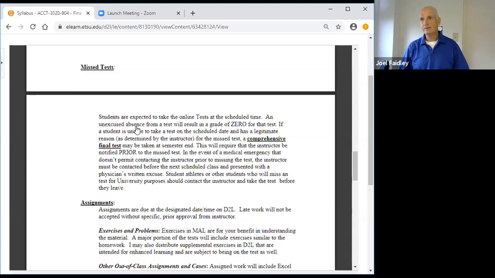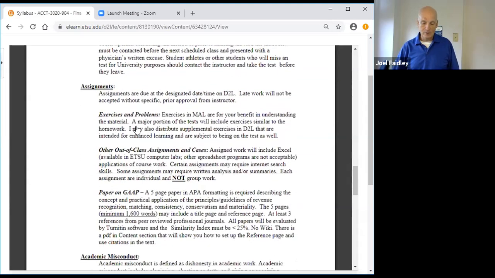When I have a student that's away on ETSU business, like playing sports and so forth, they normally take the exam before, but this is primarily set up for summer, although it could be performed during the year as well. We'll have to wait and see with this particular asynchronous course design. We'll work around that if you are an athlete and have to be away on school business playing a sport.